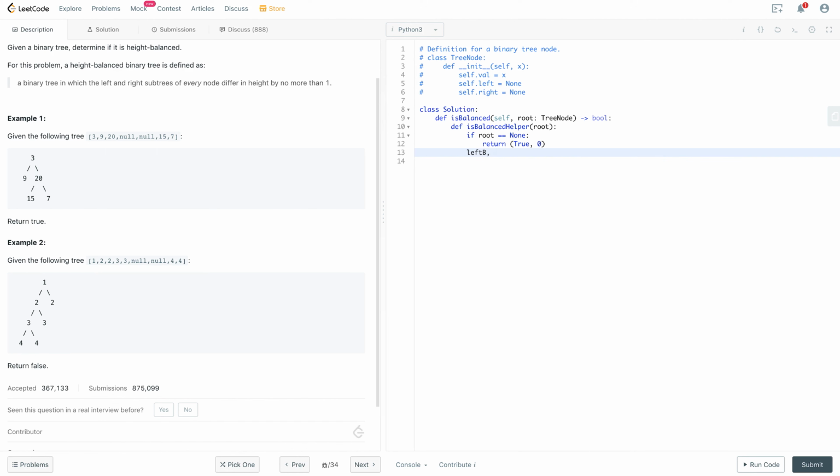So left B, I'll call it, is it balanced? Left H, it means what the height is. Oh shoot, is balanced helper root left. Okay, did I spell it right? Is balanced helper, okay. And then right B and right height equals is balanced helper, and then you call that on the right. And then once you have that, what you want to do is you return only true